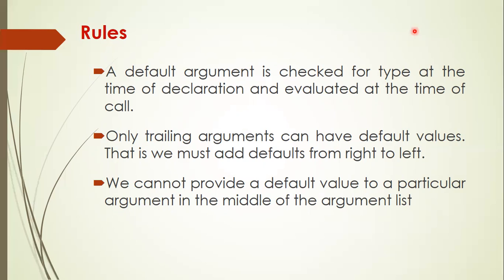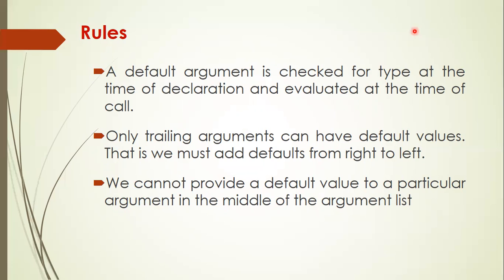That means the trailing argument should be given the default value first, then the next one, then the last one. Finally, you have to specify the default value for the leading argument. If there are 4 arguments, you can specify the default value for the fourth one, then the third one, then the second one, then finally the first one. But you can't specify the default value for the first one and leave the remaining ones. That is not allowed. So you cannot provide a default value for any argument in the middle of the argument